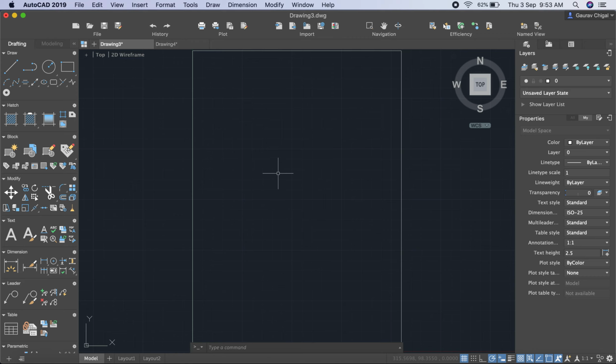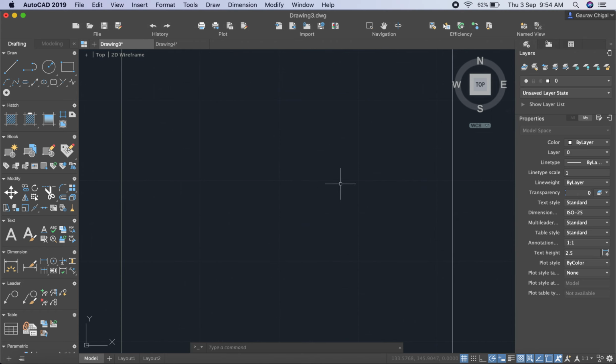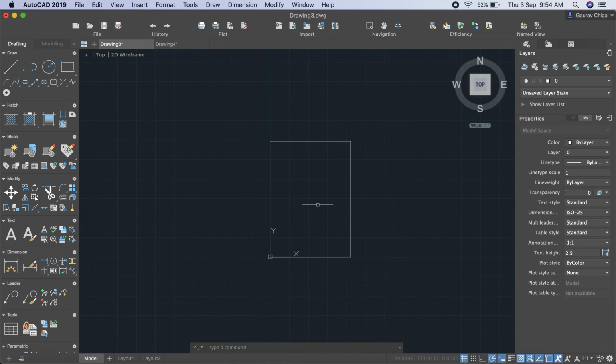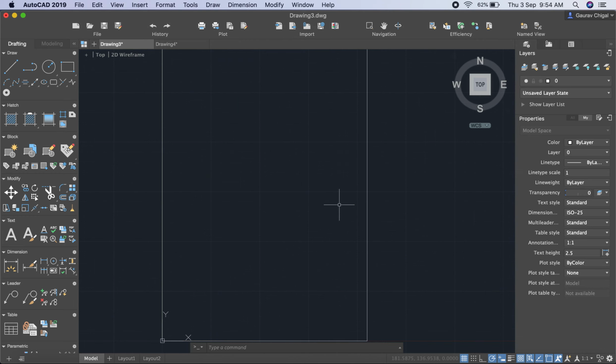If you want to work in A0 or some other sheet, then you have to define the dimensions of that sheet. But I'm working on A4 size, which is very easy to print because I don't have a plotter here. So make sure you consider the A4 size sheet while making the drawings here. This is the limits, a rectangle which is shown here. It defines the limits that your drawing should not be more than this width or height.